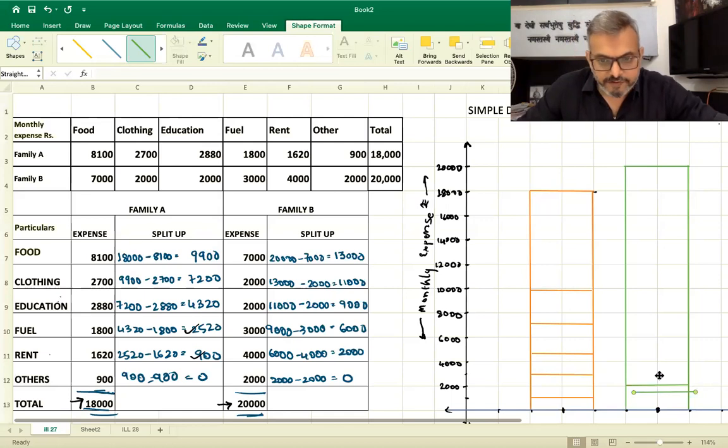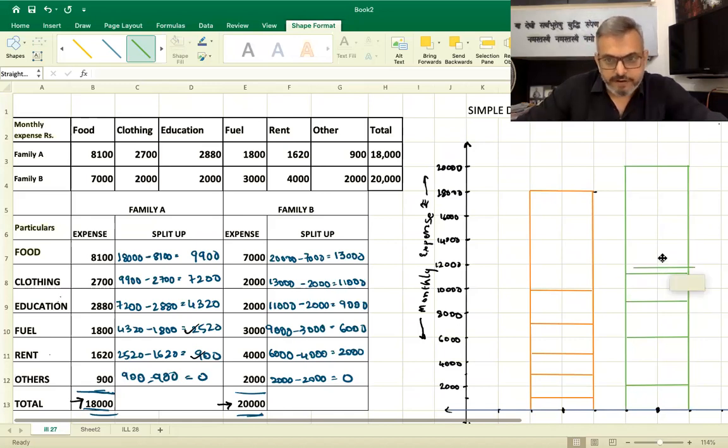ओके, फिर नेक्स्ट डिविजन 6000 पे होगा। 6000 एग्जैक्टली है। तो 6,000 पे। फिर नेक्स्ट डिविजन 9,000 है। 8 और 10 के बीच में 9,000 है। फिर 9,000 के बाद 11, 10 और 12 के बीच में है 11। और फिर 13,000। 13,000, 12 और 14 के बीच में है।